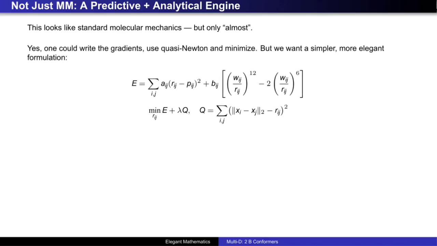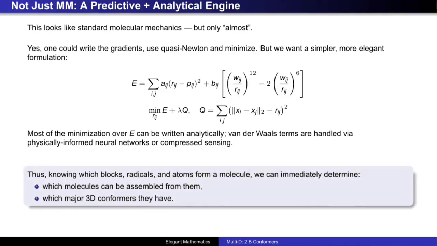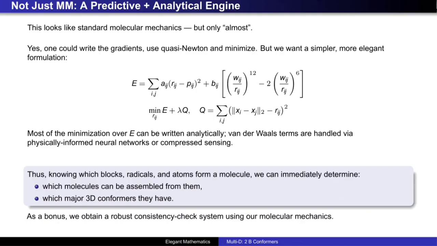Yes, one can write the gradients, use quasi-Newton and minimize, but we want a simpler, more elegant formulation. Most of the minimization over E can be written analytically. Van der Waals terms are handled via physically informed neural networks or compressed sensing. Thus, knowing which blocks, radicals, and atoms form a molecule, we can immediately determine which molecules can be assembled from them and which major 3D conformers they have. As a bonus, we obtain a robust consistency check system using our molecular